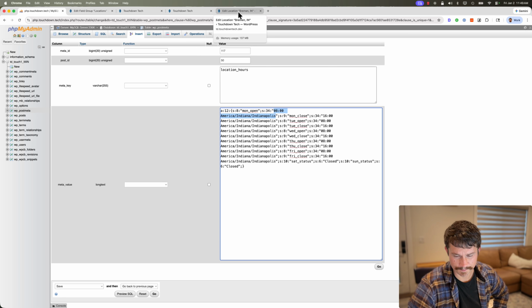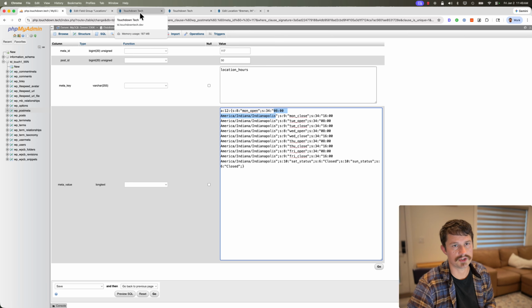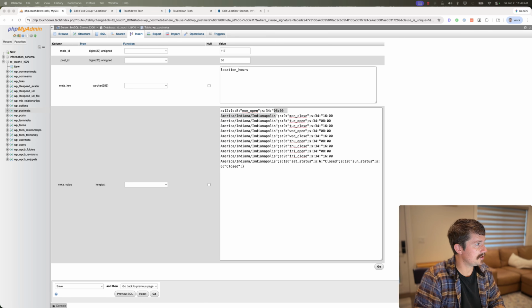So in the meantime, my hosting provider, WebNestify, did get back with me and said I can change the PHP time zone settings per site. And so that's what I'm planning on doing instead. So I'm just going to sign into this, and